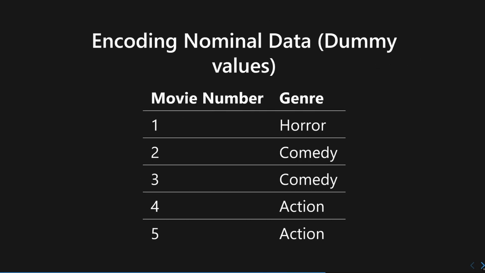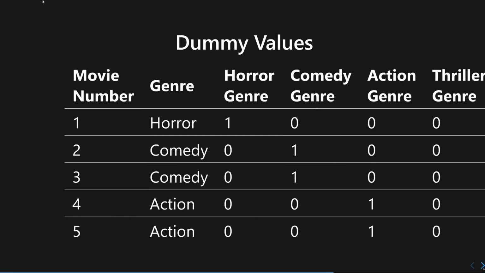So what you would do instead is use what is known as dummy values. For every possible value a genre could have, so horror, comedy, action, thriller, drama, for example, you're going to create an entirely new column for every possible value of genre. And you would give these names based on the possible values. So you end up with all of these columns right here. I apologize, the table is a little bit cut off, but you can just imagine that there's more to this that I just cut out.